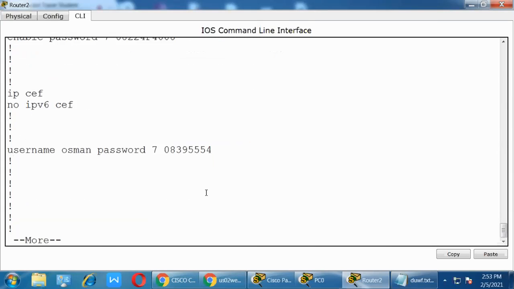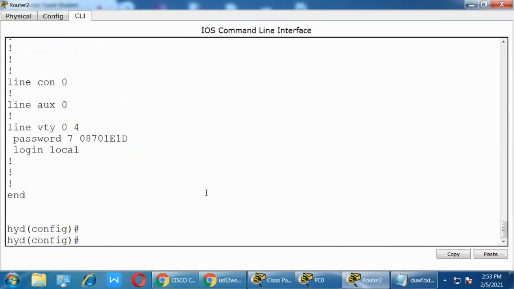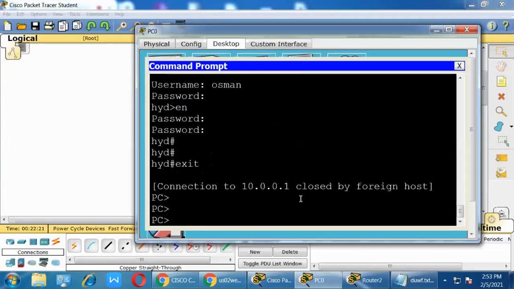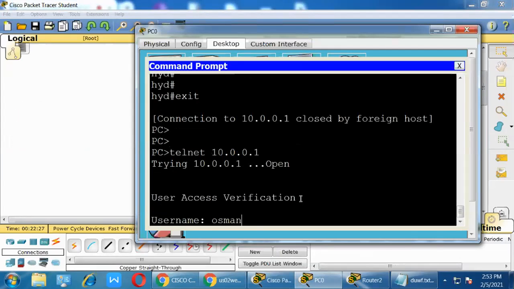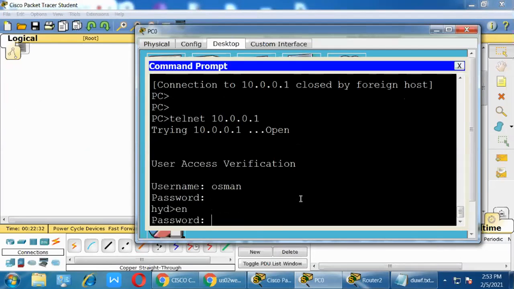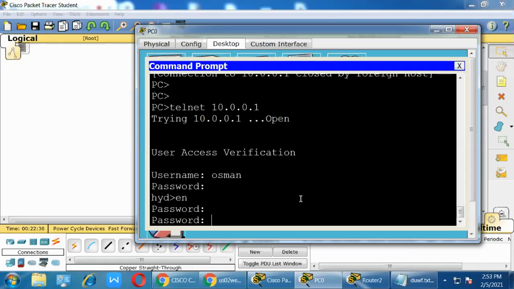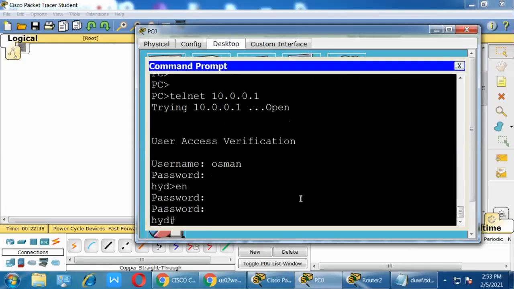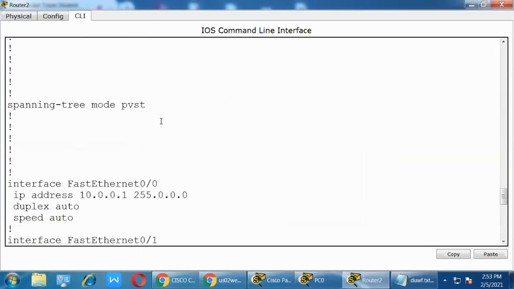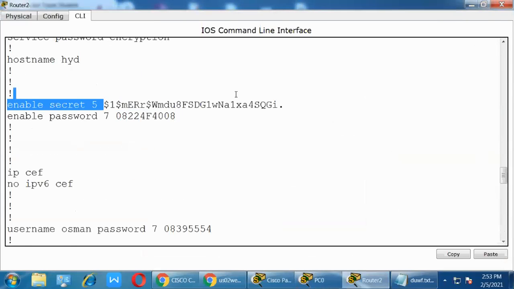And the VTY password will also be changed. Now this is the decrypt form. Now go and check which password it will accept, the same password or a different one. Telnet 10.0.0.1, username Usman and password XYZ, and enable password CCNA. I'm typing again, still not accepted. If I type 1, now I'm typing 1, so it's accepted. So even with encryption it is not acceptable when the hashing format is available. Got the point? So this is a strong password.